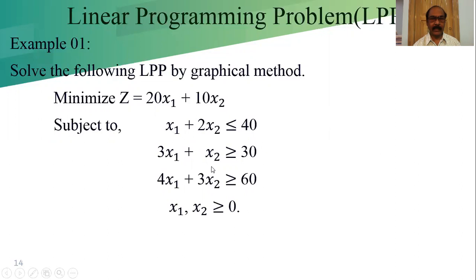Now in this case, it is greater than or equal to. If we put here (0, 0), it is not satisfying that. That means for that line, the side opposite to the origin is the feasible region. In this case also. So only one constraint has its feasible region on the side of the origin, and the other two are opposite to the origin.